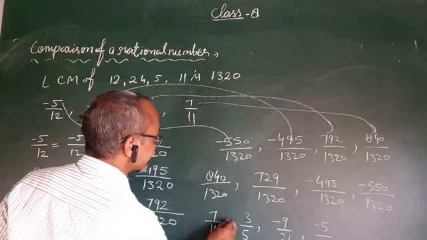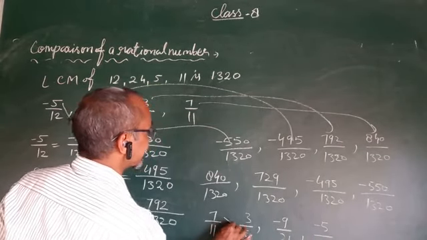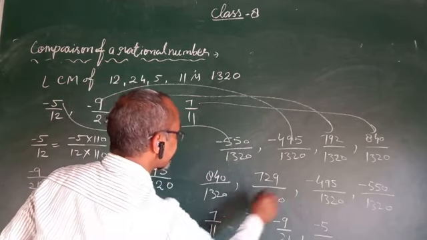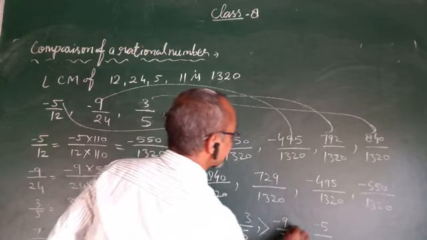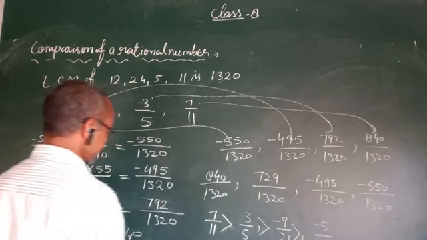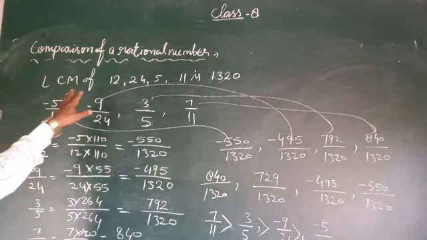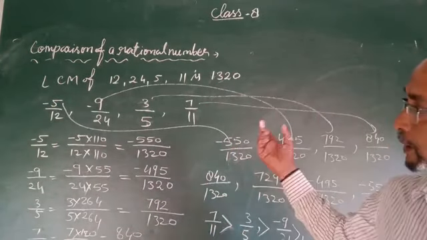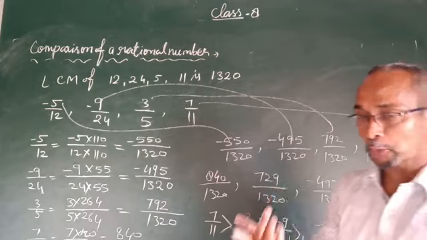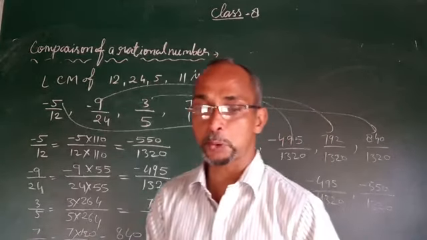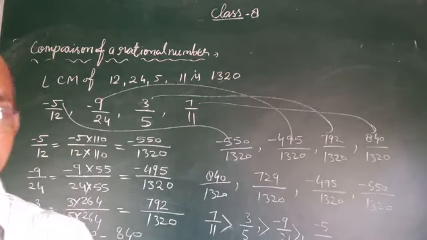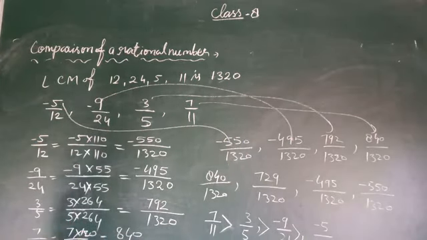Means like this. This is descending order. This is greater than this, greater than this, greater than this, like this. Okay. So this topic is the comparison of rational numbers. After comparison of rational numbers, next topic I will explain the representation of rational numbers on the number line. So these topics I will explain in the next period. Okay.